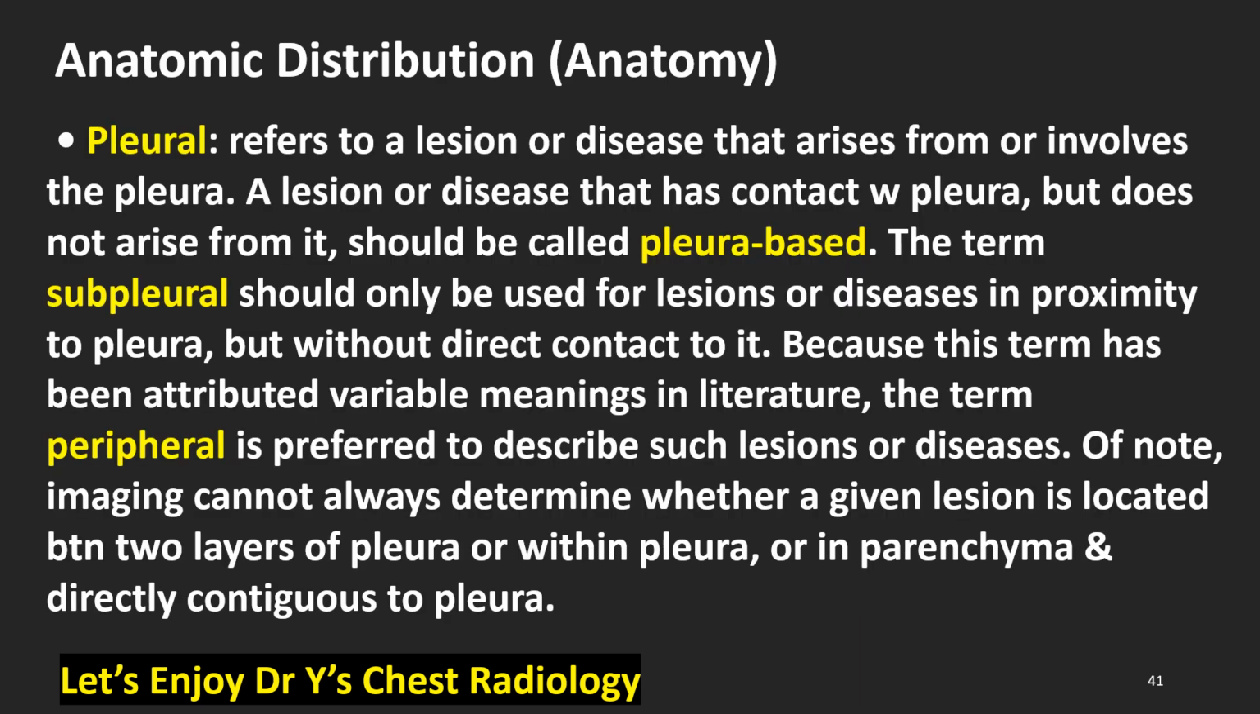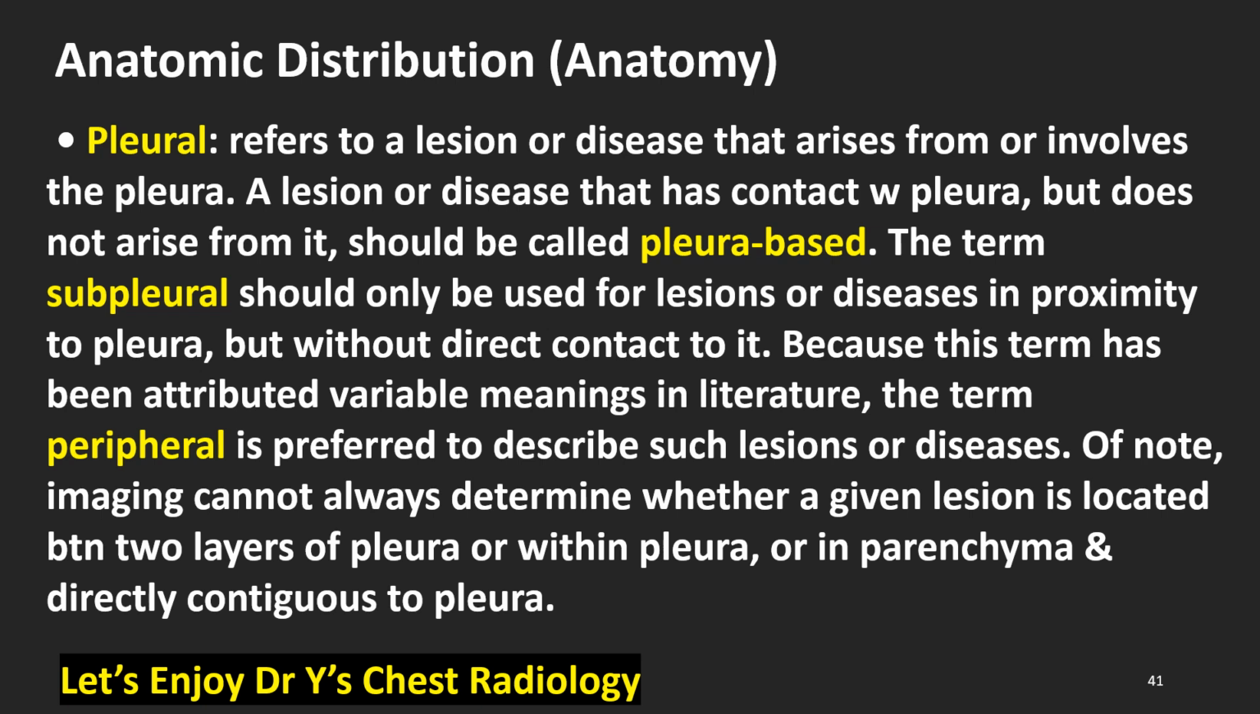Anatomic distribution, anatomy, pleural, refers to a lesion or disease that arises from or involves the pleura. A region or disease that has contact with pleura but does not arise from it should be called pleural-based. The term subpleural should only be used for lesions or diseases in proximity to pleura, but without direct contact to